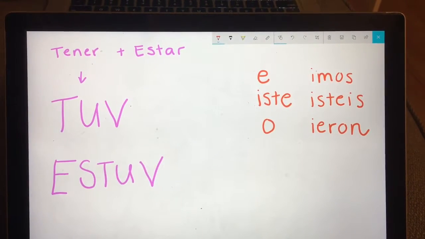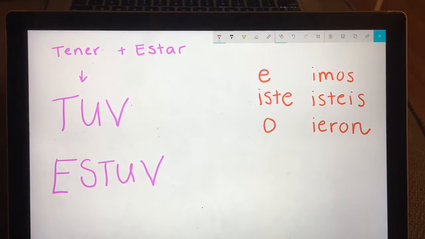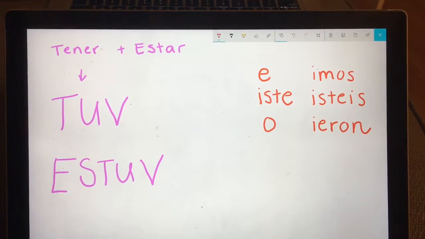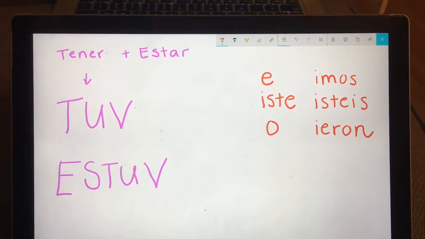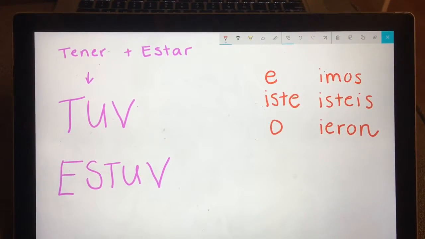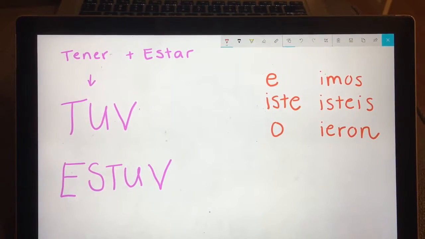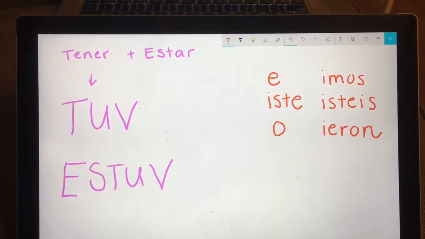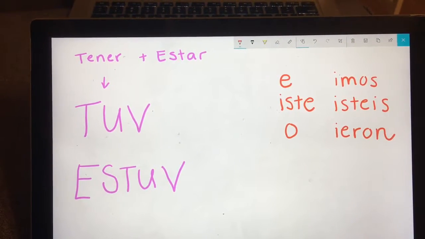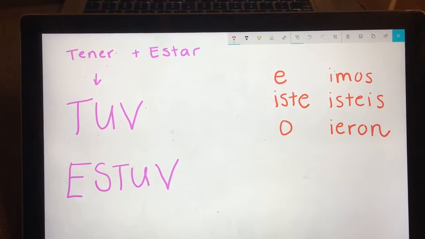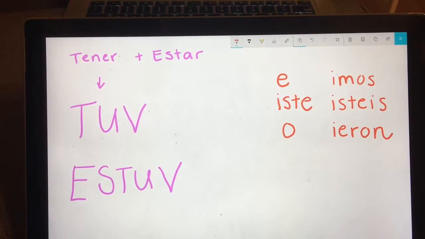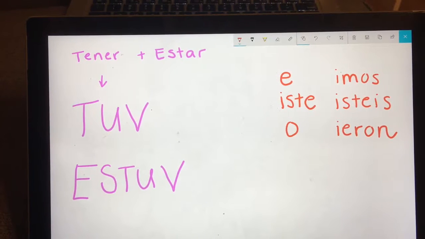Hello everyone, so as promised, this is the part 2 to the Spanish preterite video. And in this video, we're going to go over some of the verbs in the preterite that receive stem changes. And the accents are also dropped as well. So pretty much there's just so many patterns in these situations. So once you look at the patterns and you understand them and you commit them to memory, the preterite is a piece of